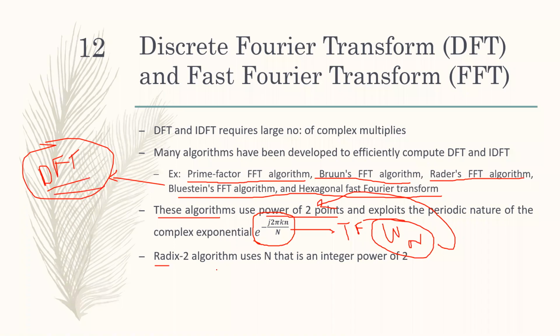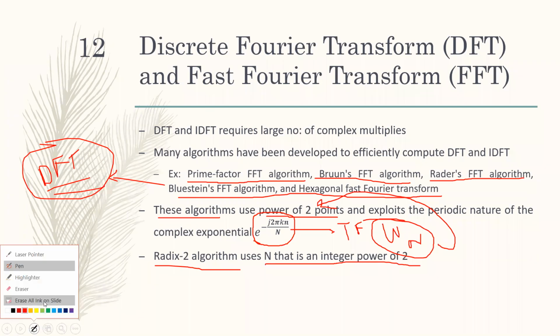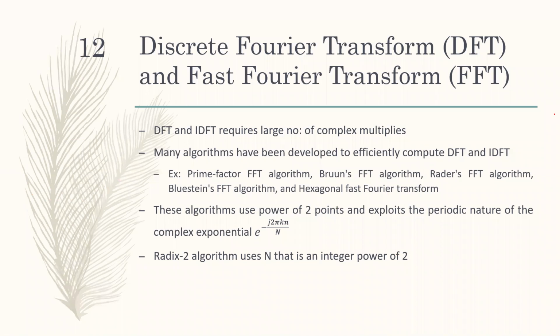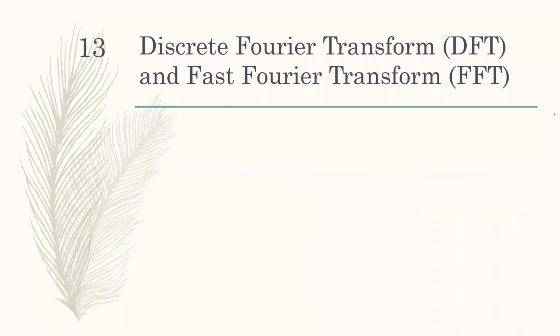Then we have the radix 2 algorithm, which requires that N has to be a power of 2, as I was discussing in the previous slide. Radix 2 algorithms require that the number of samples in x of n is a power of 2. If not, there are different methods you can utilize, that is, padding zeros and the other methods I spoke about, or dividing the sequence into power of 2 sequences, then applying the DFT or FFT, and then obtaining the overall result.